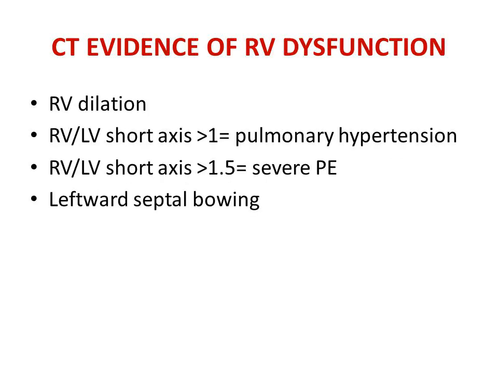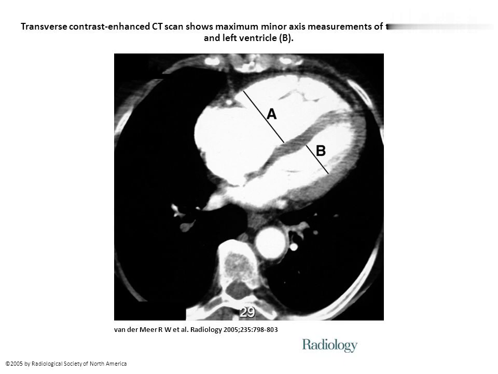CT evidence of RV dysfunction. RV dilation. RV/LV short axis greater than 1 equals pulmonary hypertension. RV/LV short axis greater than 1.5 equals severe PE. Leftward septal bowing. Transverse contrast enhanced CT scan shows maximum minor axis measurements of the right ventricle, A, and left